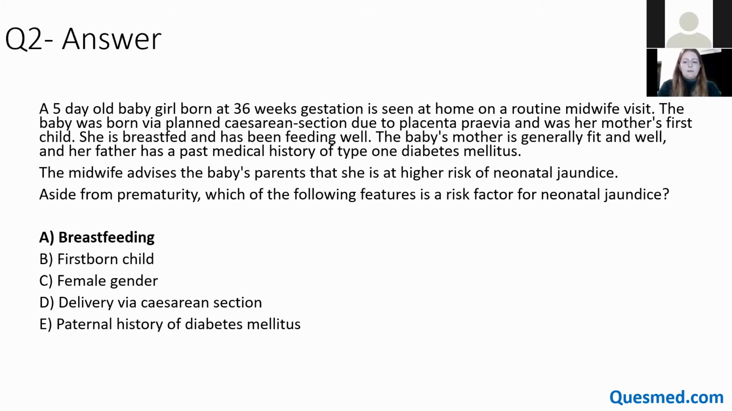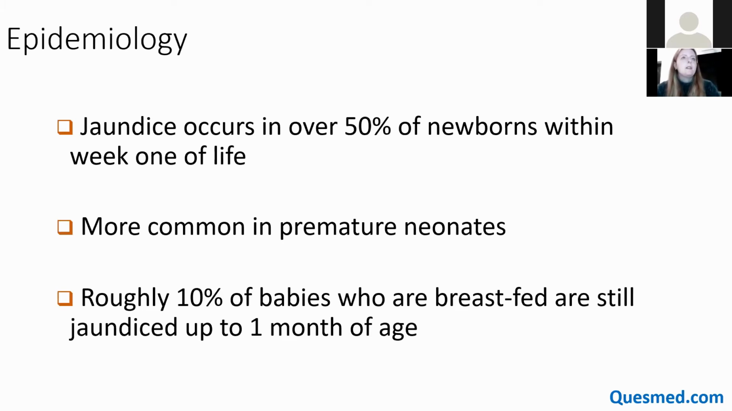Okay, moving on to the next slide, talking a bit about epidemiology. So jaundice, particularly physiological jaundice, is very common in neonates. Over half of newborns will at some point develop a small amount of jaundice, and that risk goes up with premature neonates. I think it's something like over 80% of preterm babies can experience jaundice. And as I mentioned,